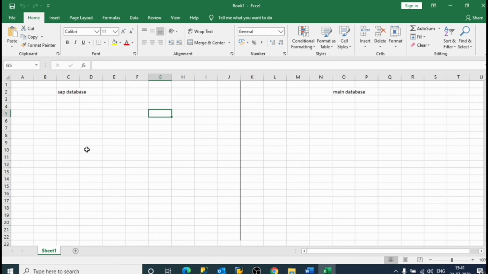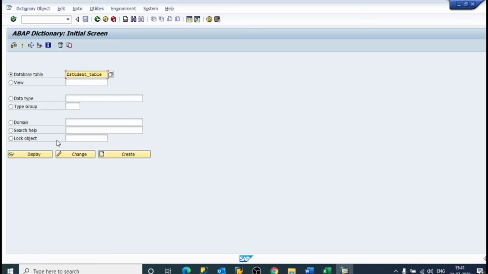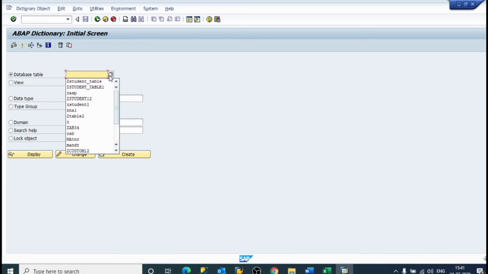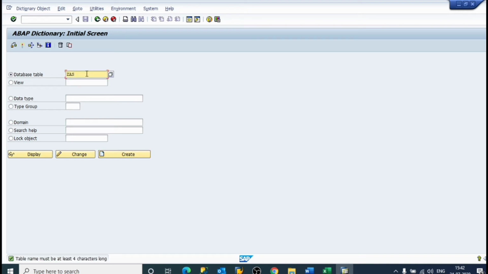Whatever table you create, by default it is a transparent table. See, suppose I give any name. Every table you create should have a minimum of 4 characters.